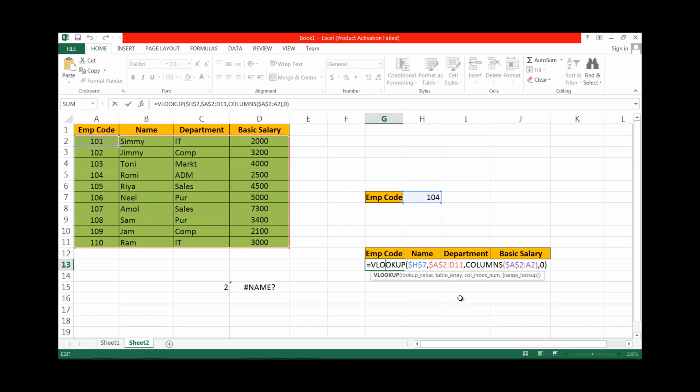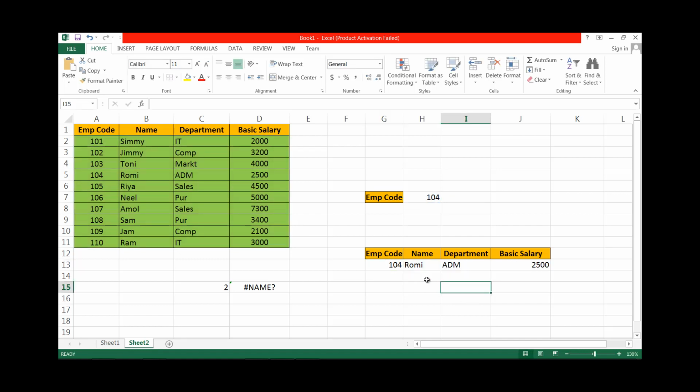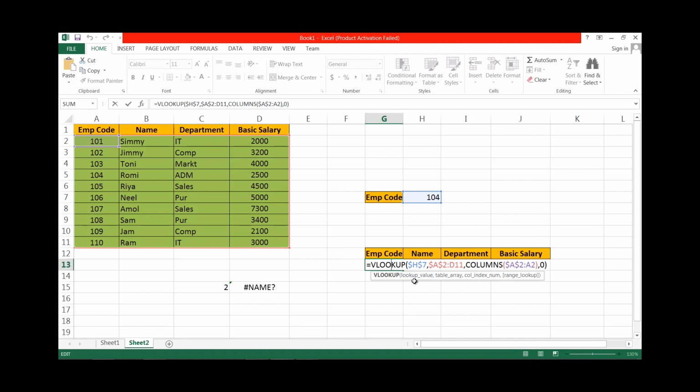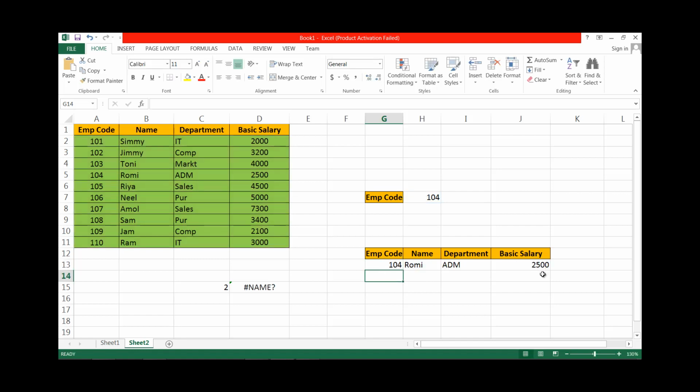Okay, like this, by using a single lookup formula you can access all the values, but you have to take care of something. You have to lock the first cell, then you have to lock where you want to search the data. You have to lock that cell. After that, you want to count columns from the first column, therefore you have to lock the first column, and then there is exact match 0. Okay, like this you can search the whole data by using a single VLOOKUP value.